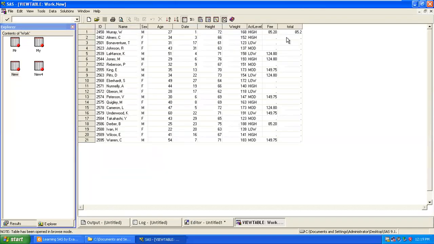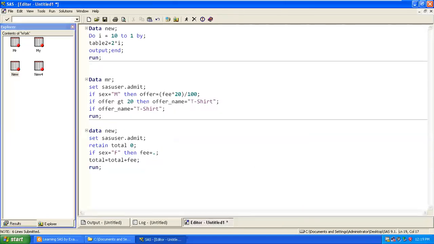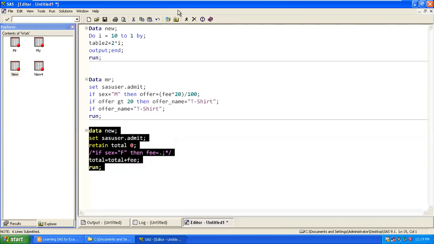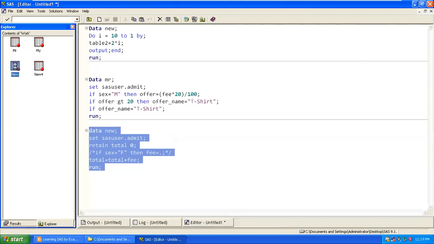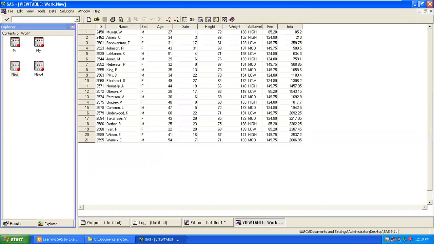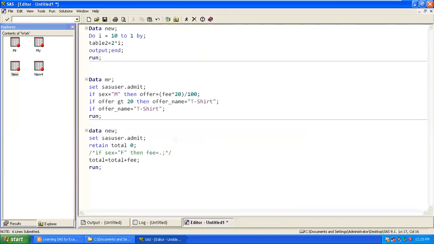Now you get the total, but it is not happening for the below one, correct? As we have missing. Now I'll comment this out and try to execute. Now you're getting a cumulative one, correct? So remember it. If this side is missing, your initialized value should be retained as 0. Then now we have a problem with this side, when you make it like that. The condition is applied so the fee value is becoming missing.